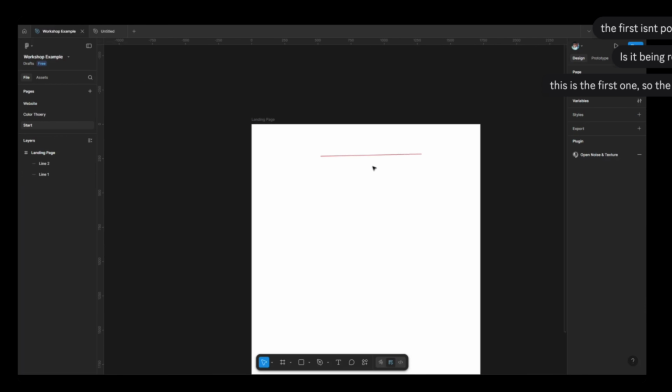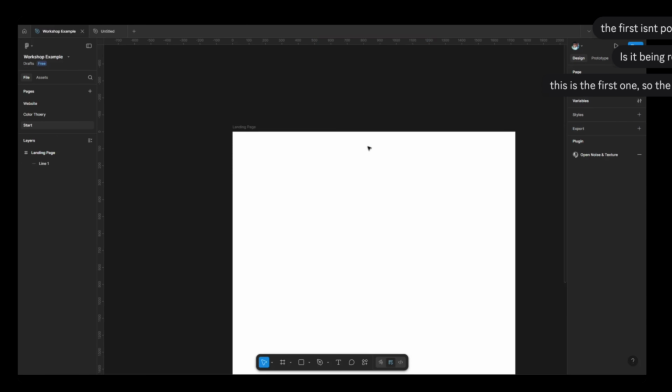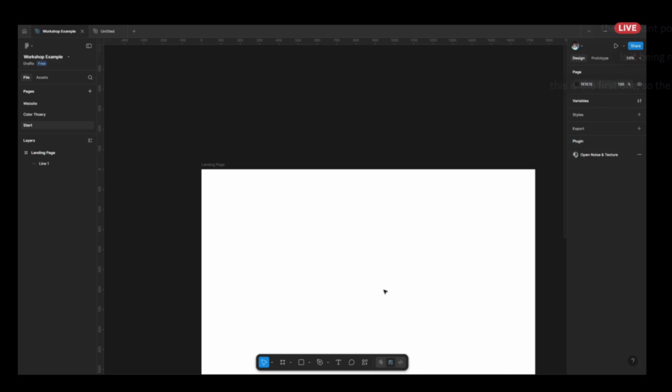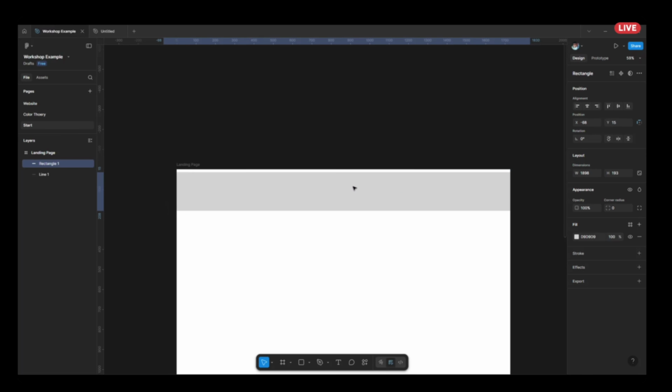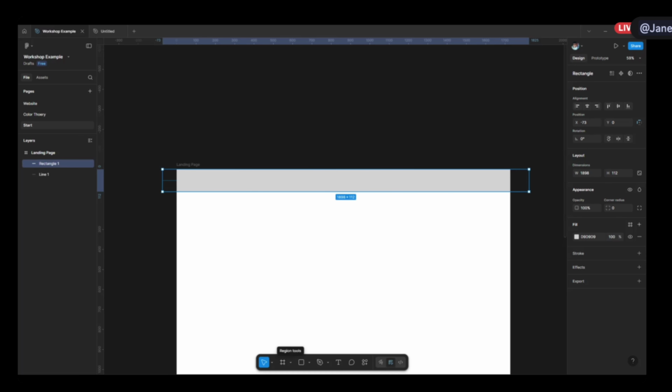All right, so let's get back to it. Let's add back the rectangle. Let's make a small little landing navigation bar. And as you can maybe see, as I just added this rectangle in it, here in the layers you can see it's kind of under it because it belongs to the landing page,